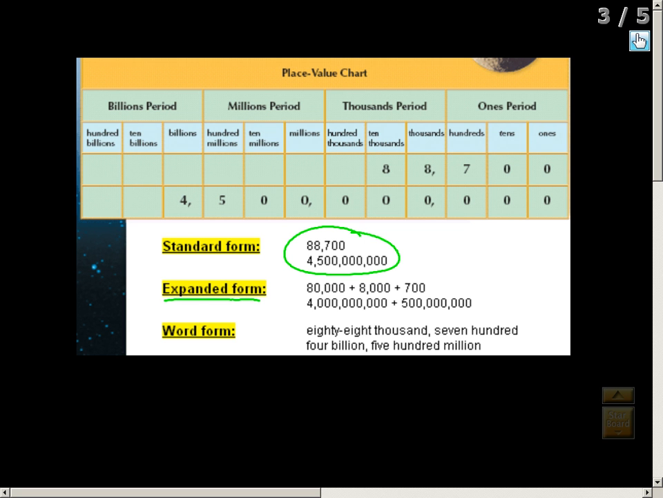And you can see the expanded form takes this original number, 88,700, and breaks down each digit within the number and shows you the full value of each number. So you can see that the 8 represents 80,000, the other 8 represents 8,000, and so on. And finally, the word form is written just like it sounds. We have 88,000, 700, for that first one, and then we can see even for the next one,